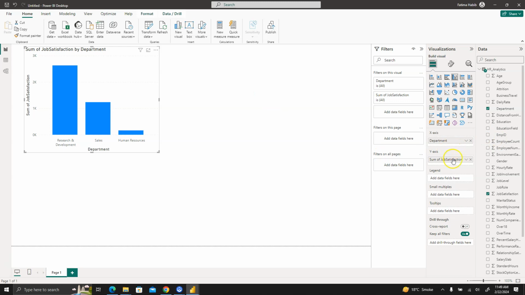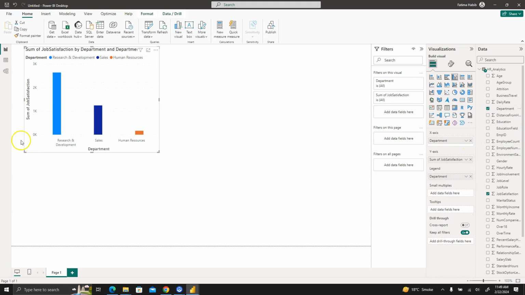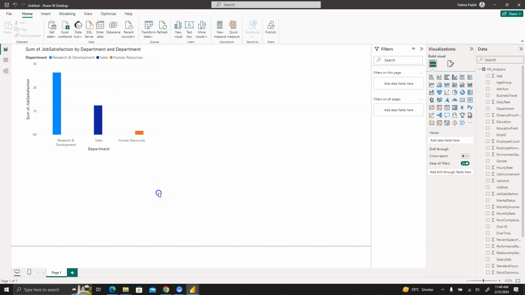Now I would like to have a legend here. I will take the department as the legend. So you can see now the legend has been created and the colors are changed. Now we can compare the satisfaction levels of different employees. Let's make another